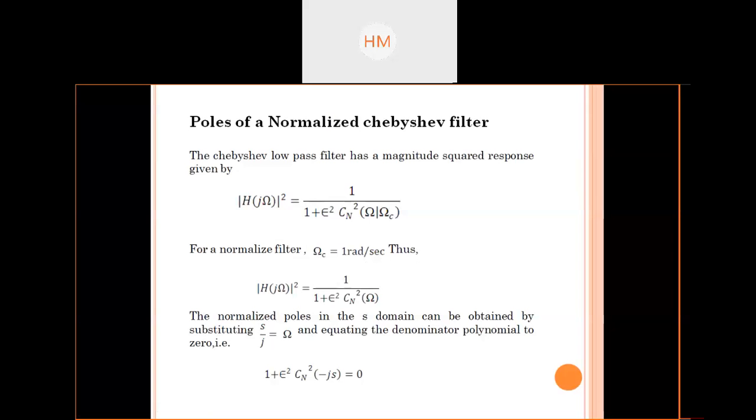Similarly, we have found out the poles of a normalized Butterworth filter also. We simplified a numerical also based on that. And today's morning lab video I have uploaded on the YouTube channel of our college. So you can go through that video and simplify that experiment. In the next lab, we will start with the next experiment.